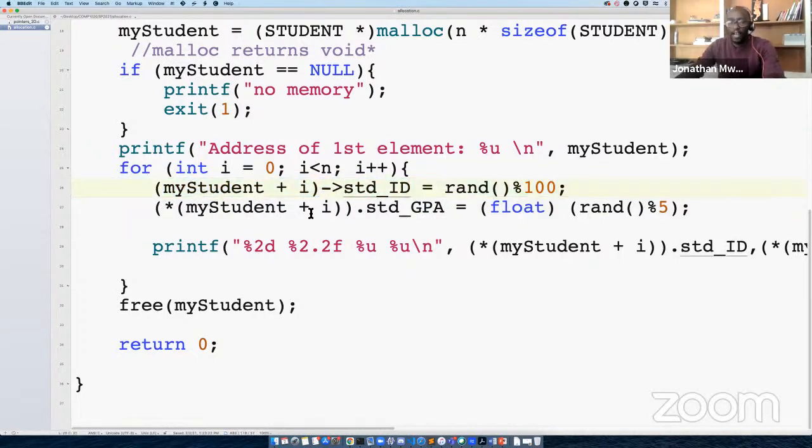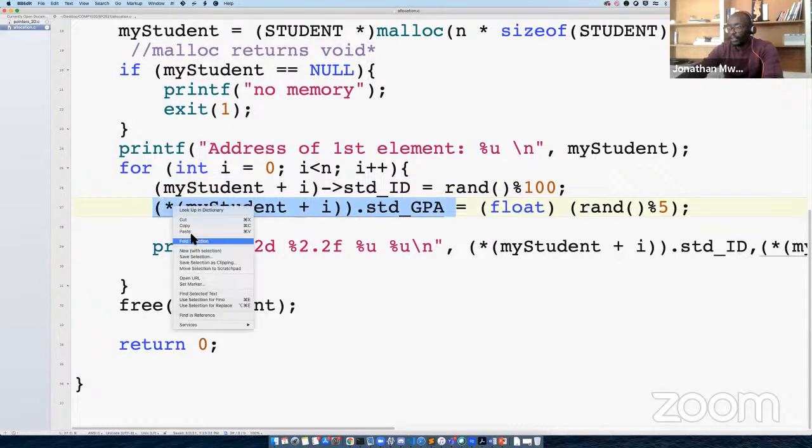And therefore, for the rest of our learning, we are going to be using the pointer to struct operator instead of dereferencing and using a member operator to get this. Okay, so let me do this again. I'll copy that. I'll paste it here. I'll paste it here.